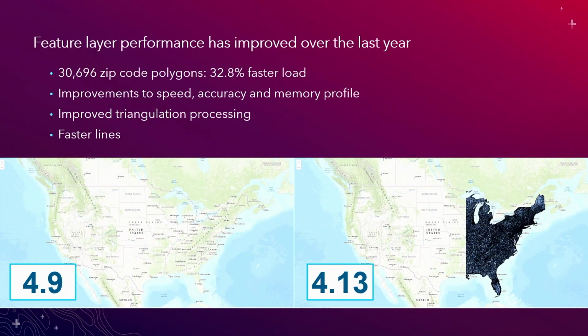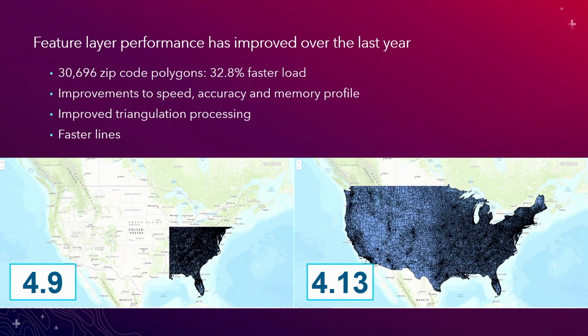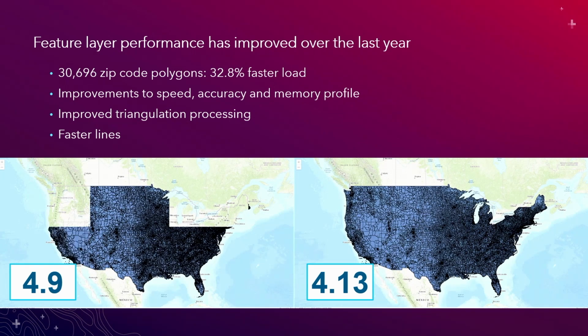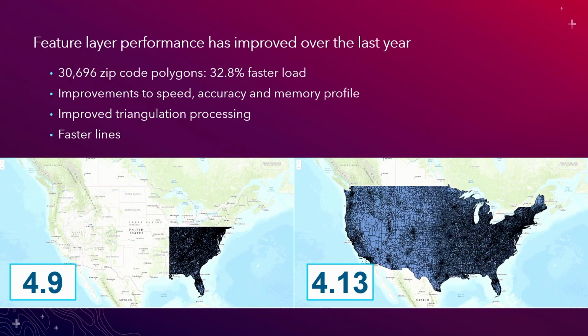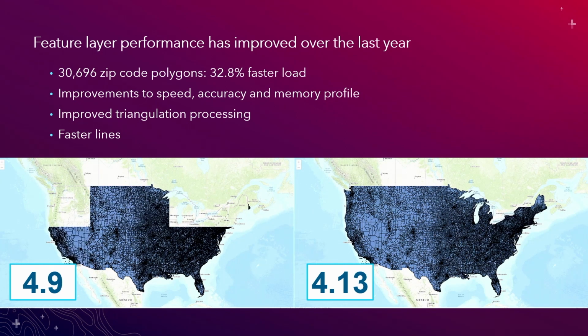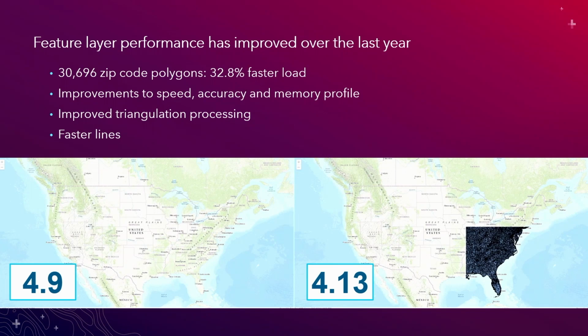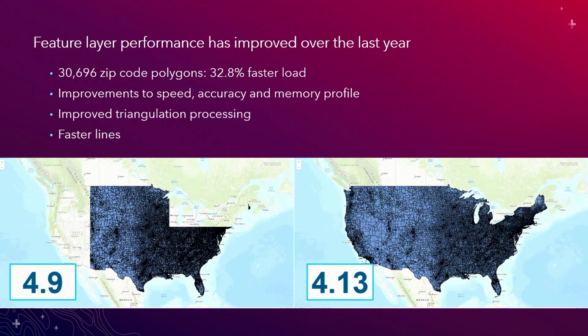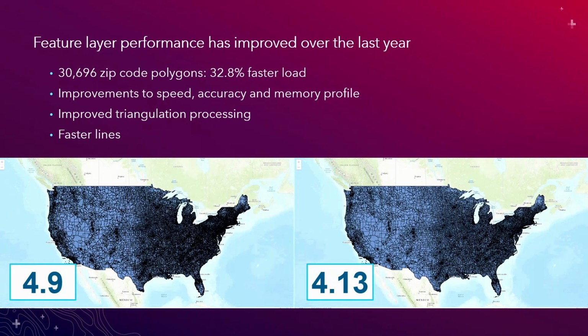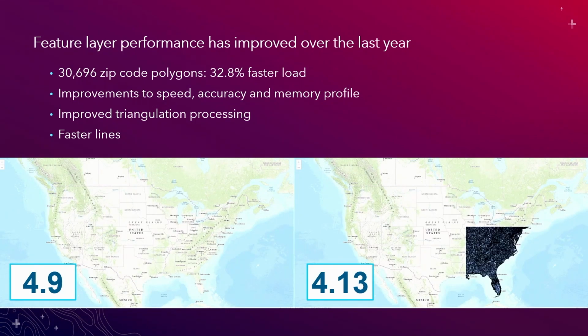And so this leads to overall FeatureLayer performance over the last year. So in this example of 30,000 plus zip code polygons that are loading 32% faster, there's improvements to speed, accuracy, and the memory profile. We've improved how we triangulate the geometries, and we've improved how we generate those lines like I just showed you. So that's a pretty big increase over the last year. Now I'm going to jump back